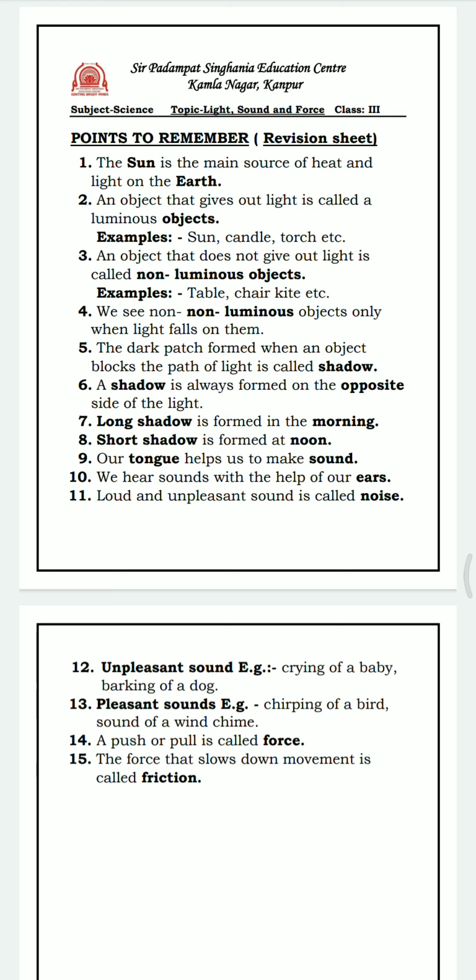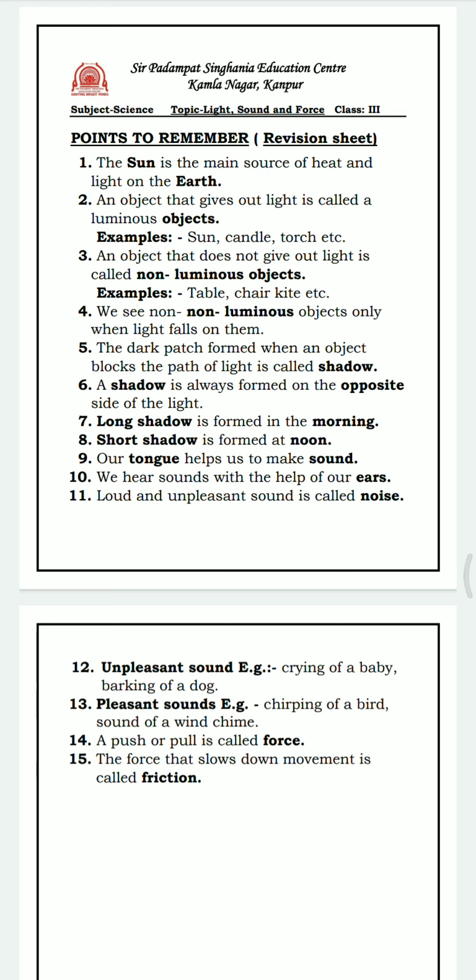Okay. So children, see, when we're talking about non-luminous objects, suppose the examples are a table, chair, you can say sofa, furniture, whatever in your house. These are the non-luminous objects. Okay. What will happen if there is no electricity? Are you able to see? I'm talking about night time. If there is no electricity in your house, are you able to see those objects? No. As the electricity will come and you switch on the tube lights, what will happen when the light falls on these objects? What will happen? These objects are visible.